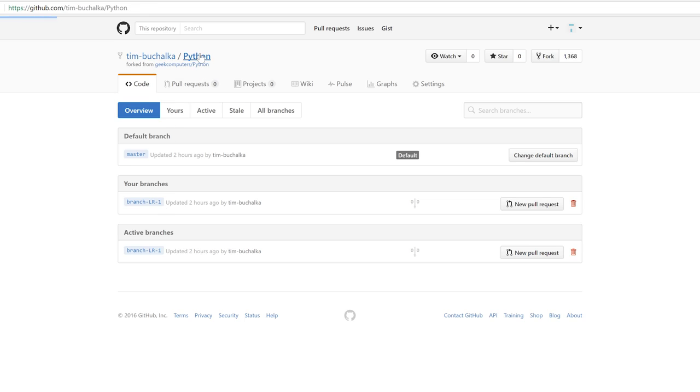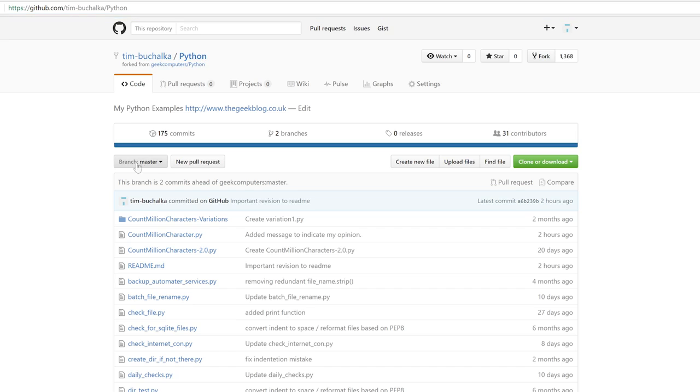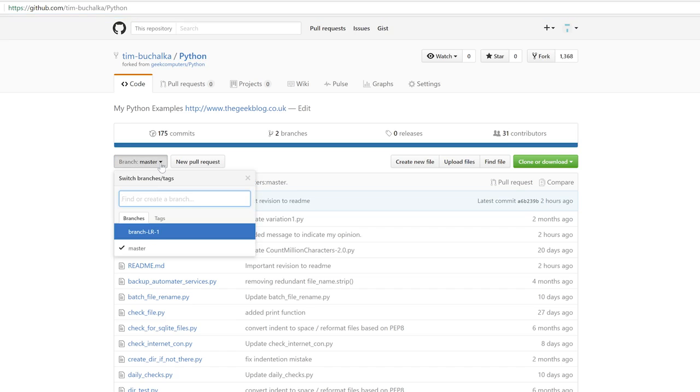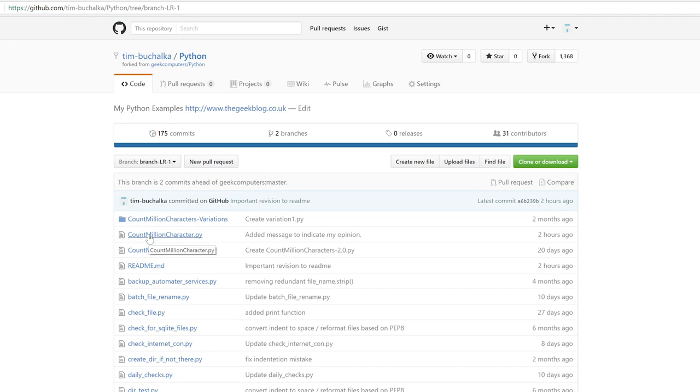All right, so I'm going to go back to the main Python repository. The other thing you can select the branch from here as well. You can click on master or branch LR1 there. And when you do that, it changes it. And then based on the actual files you've selected, it'll be showing the files that are appropriate for that particular branch. All right, so clearly we can see that the branch LR1 got successfully pushed from the local repository to